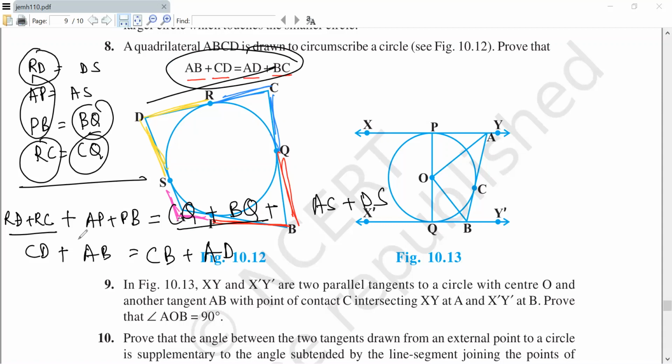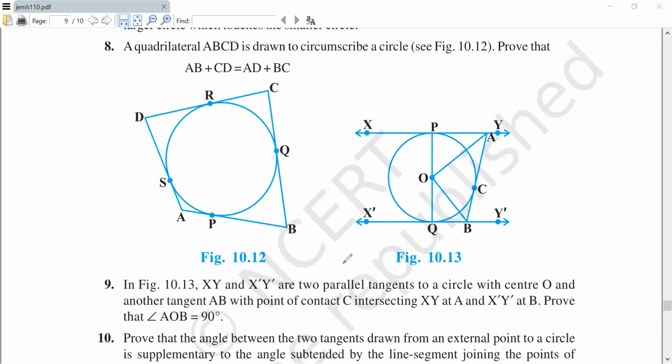It's a very, very simple proof. When you see this diagram, your brain should ask, what do I know here? What have I learned in the circles chapter that can be applied here? You start seeing that there are tangents, and lengths of tangents are equal. That's one of the two theorems that we've learned. Write that down and then you see the magic happen. We good with this? You'll be able to do this one? All right.